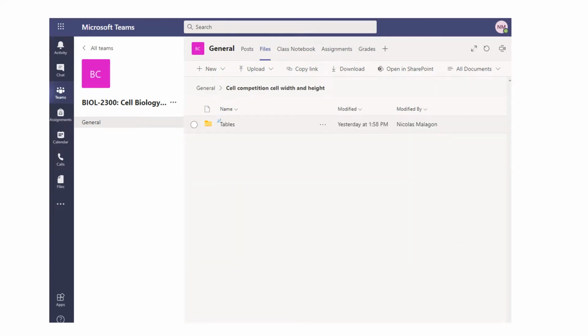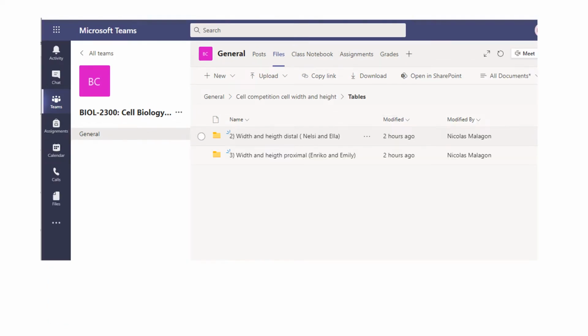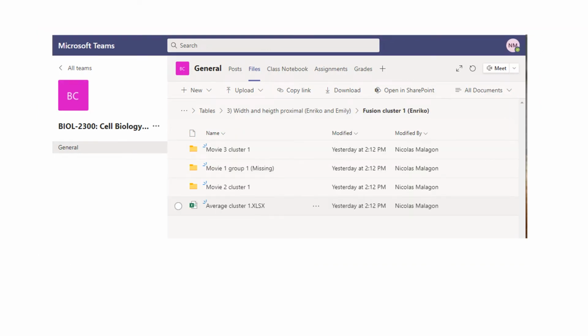Right now, I have only uploaded the tables. And in the tables, I divided it into groups. This will also apply to the cell perimeter; it will be the same organization. So, for example, Nelsie and Ella will be working with the width and the height in the distal region below the comb, while Enrico and Emily will be working with the width and the height in the proximal region. So here, if you go inside that folder, you can see